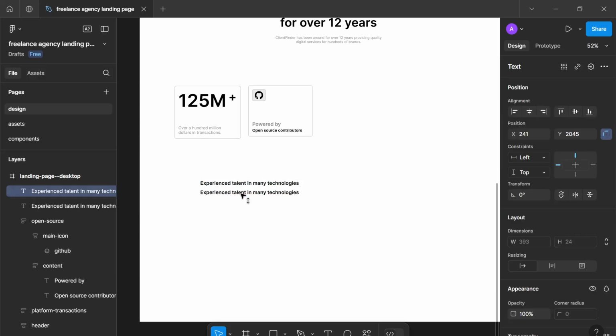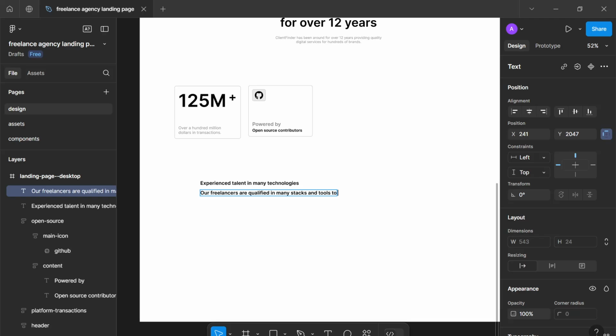Let's duplicate this and just write a description. Our freelancers are qualified in many stacks and tools